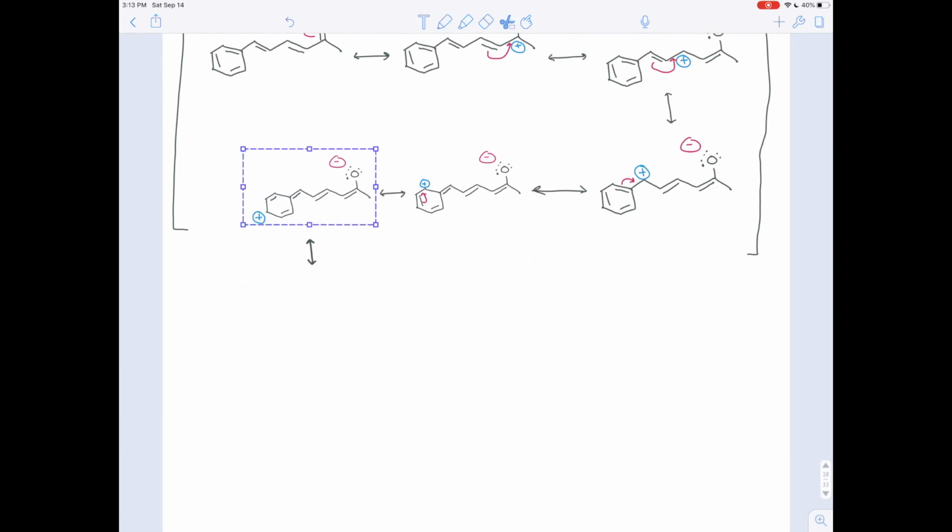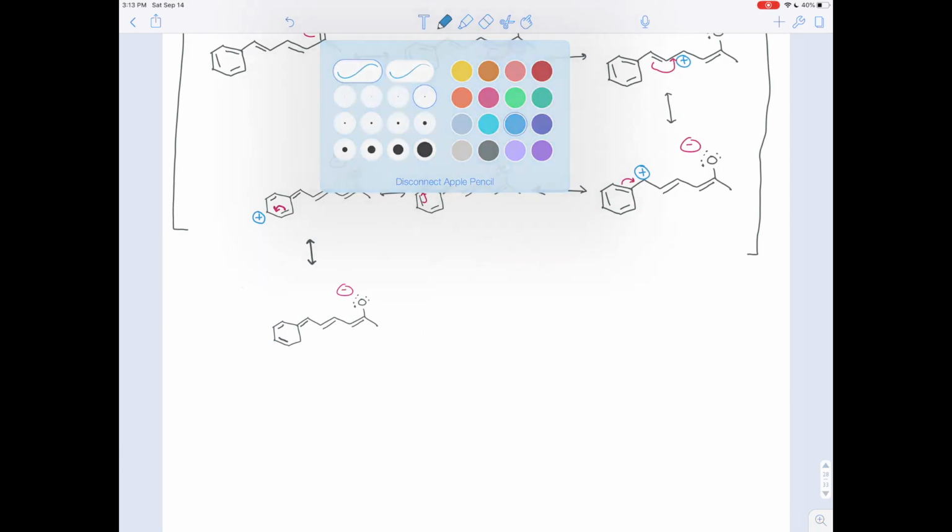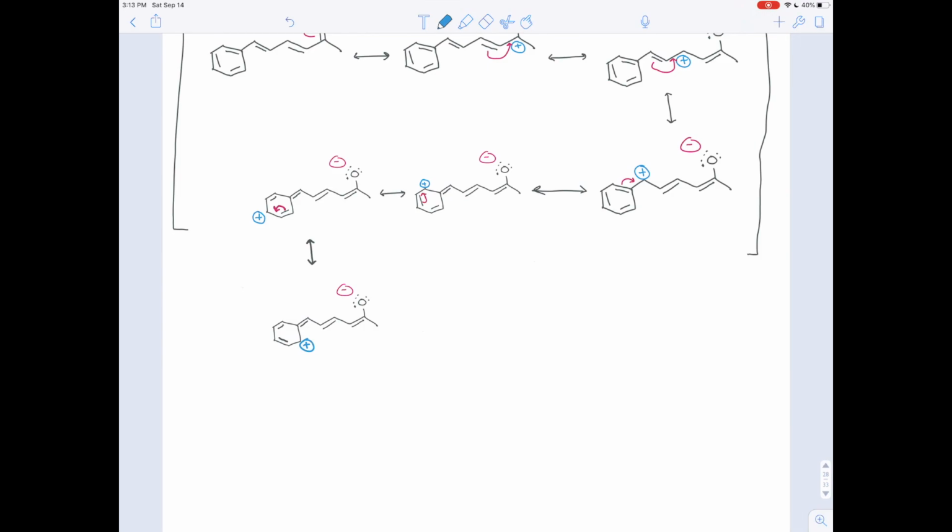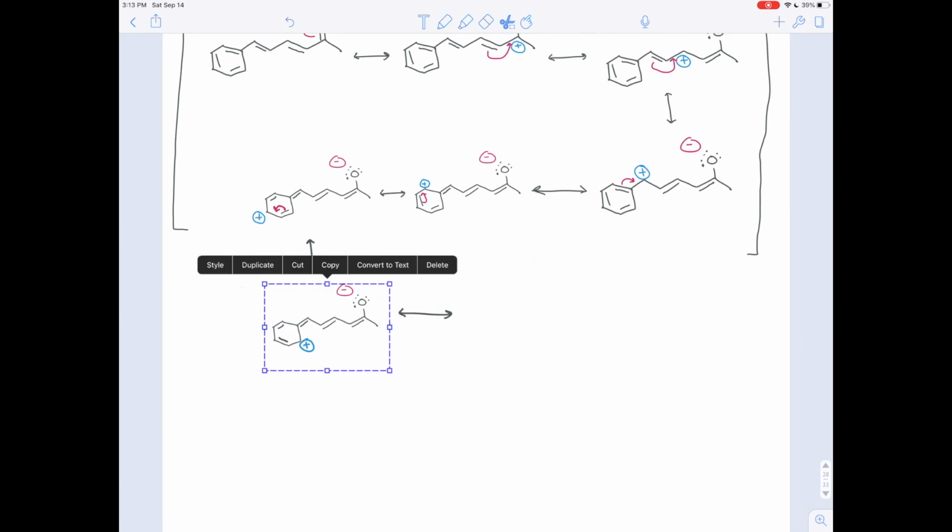So we could take this structure, can move those electrons over. If you do that, this pi bond moves over and you don't have this positive charge anymore. It moves over here. And you'll notice you have yet another allylic lone pair there. So we can take that structure,